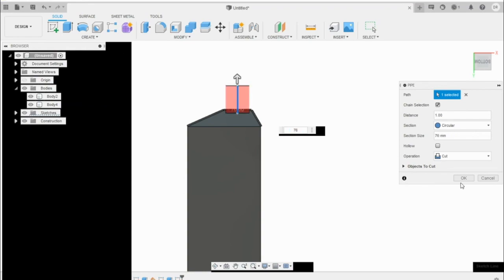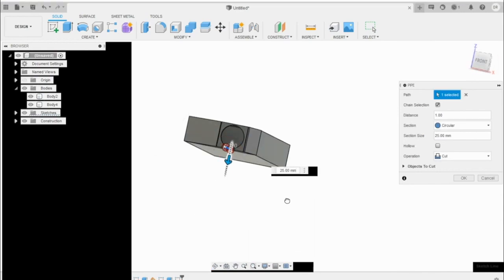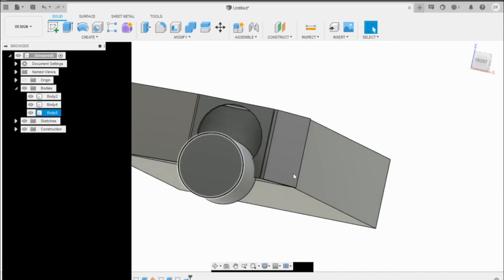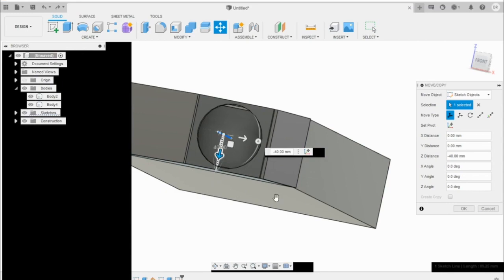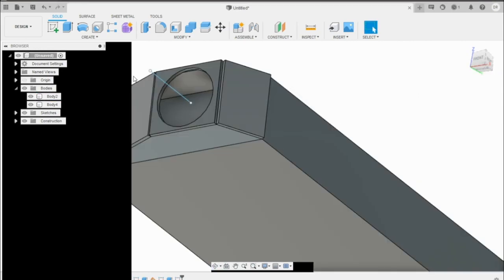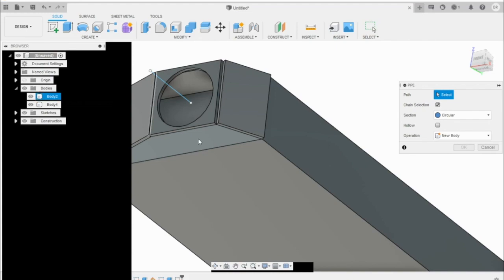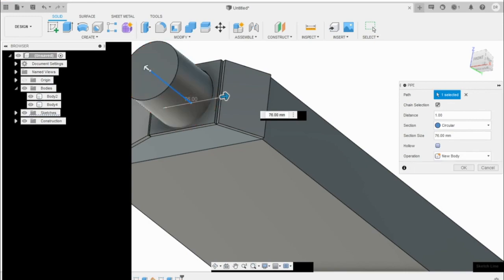And it needs to be 76, because it's going to be a 3-inch. So we'll make that 76. We'll make that a new body. I should have selected hollow. So I went ahead and did Control Z on the keyboard, or you can press back to undo that. I'm just going to move the sketch real quick to the center, so that the pipe will just go right out from the center. So 76, cut, new body, make it hollow